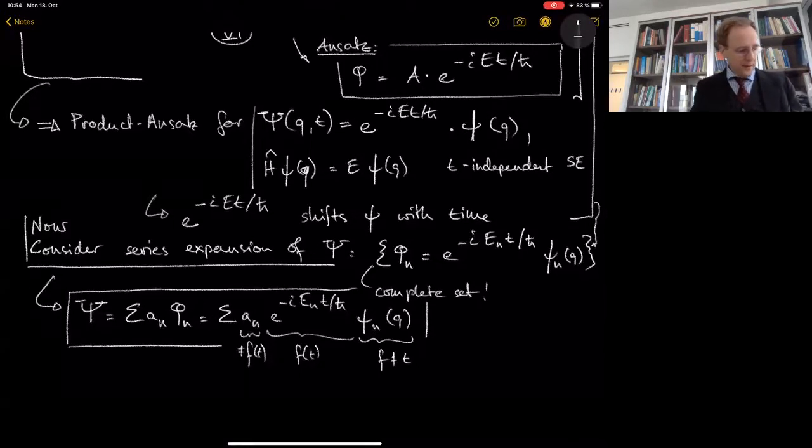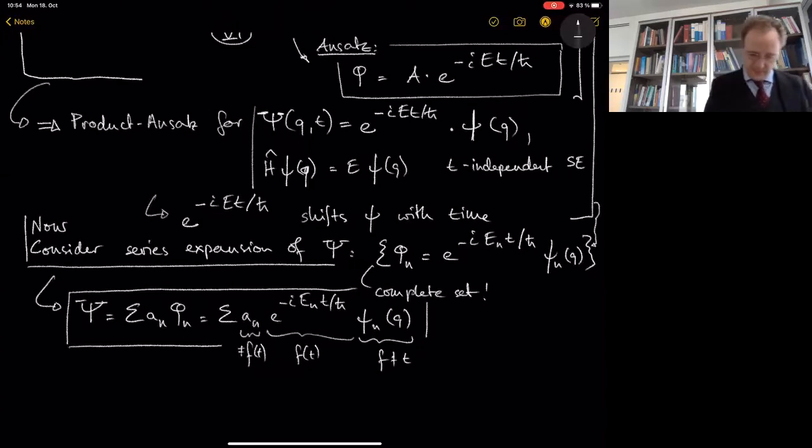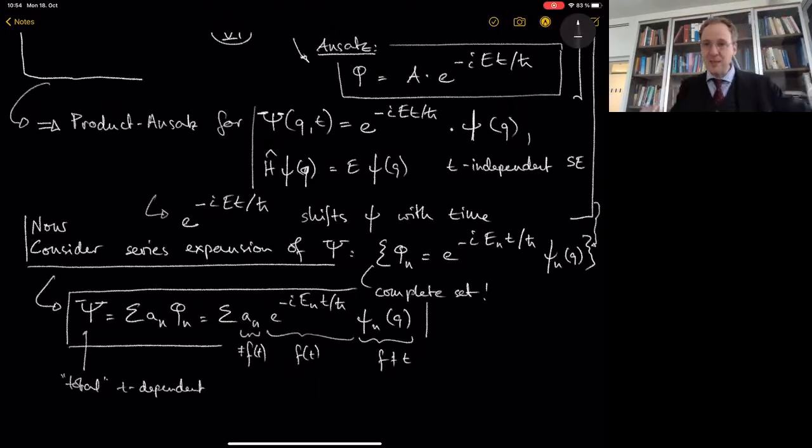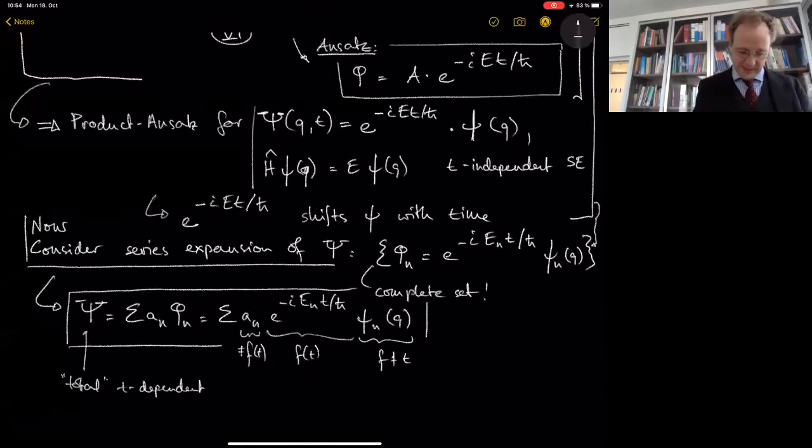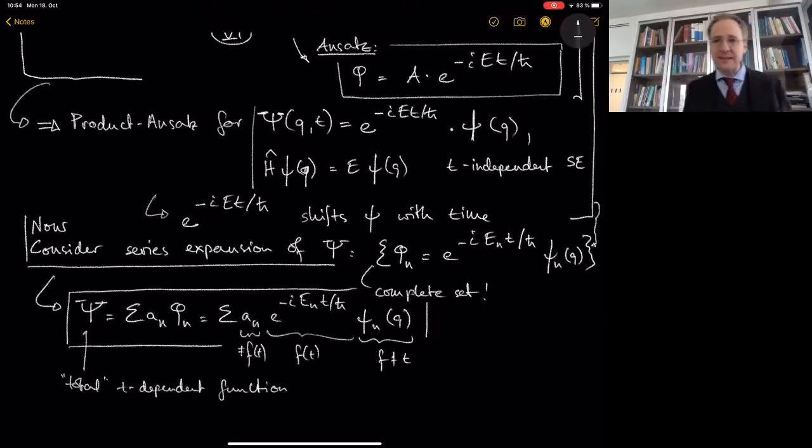Now, this function is the total time-dependent function which we expand in this complete set. You should be able to completely write this. It is not mandatory that this is an eigenfunction of the time-independent Hamiltonian itself,